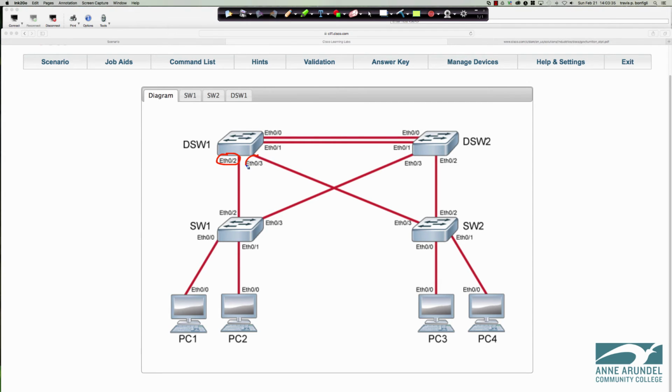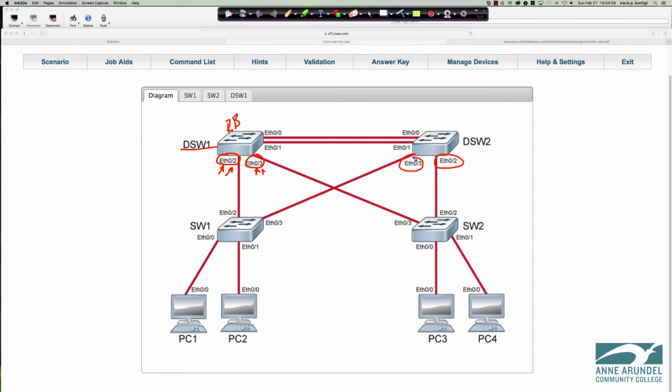port and that port, as well as, let's see, are we going to put that on? No, we're not going to put it on there. We're going to do it on 2 and 3. Coming from Ethernet 03, yeah, so we would not put it on here. We would put it here because we want to make sure we protect the root bridge status of DSW1. So we're going to guard root on 2 and 3,